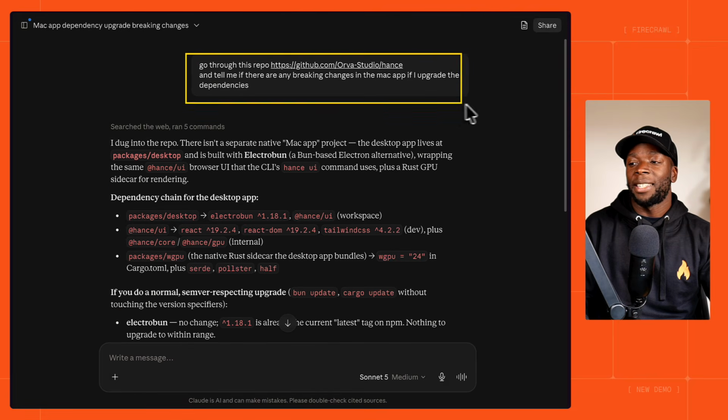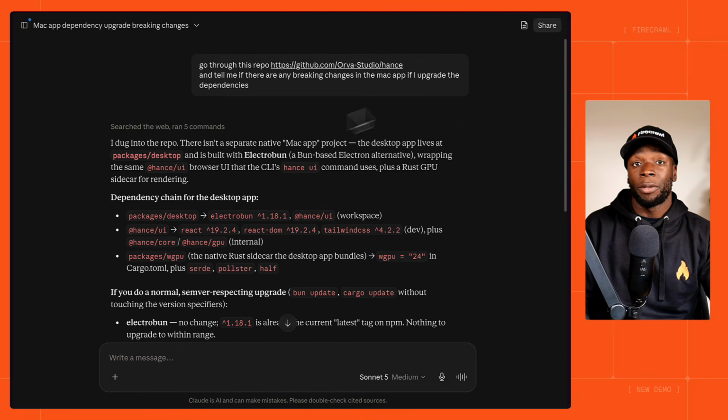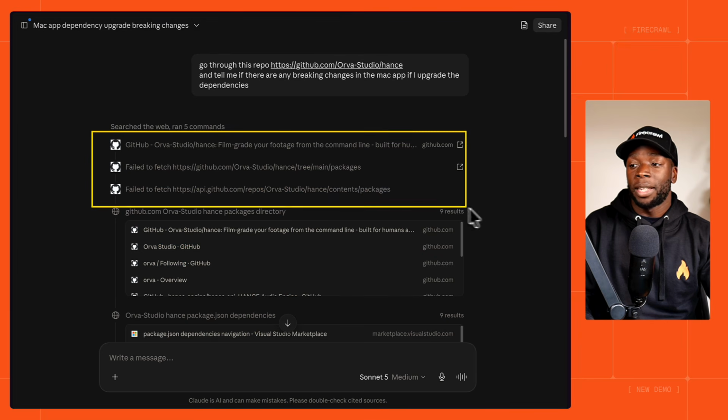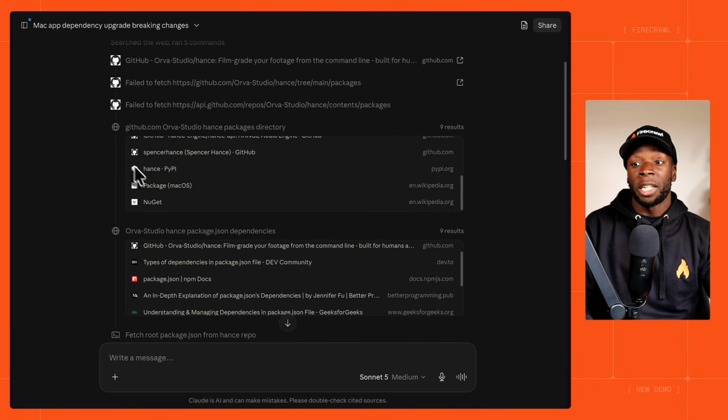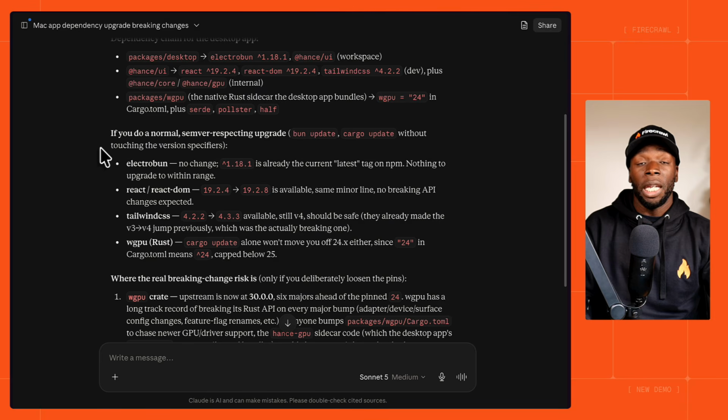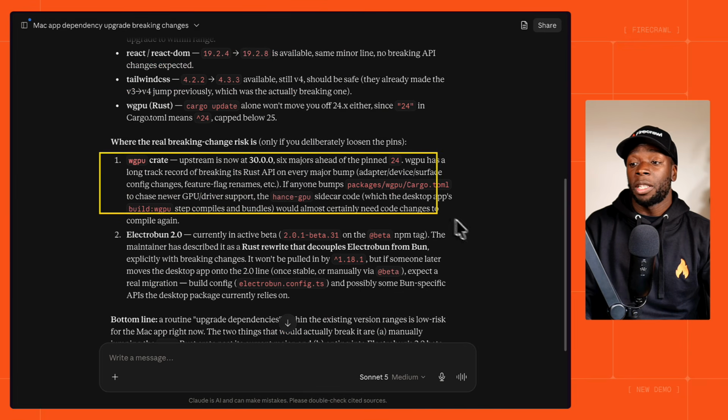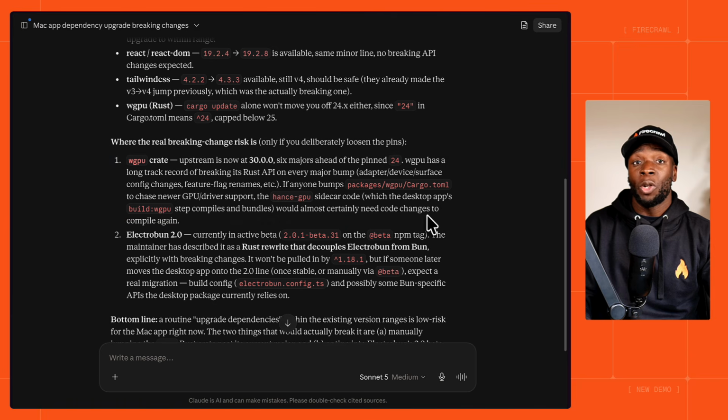I also ran the exact same prompt using Claude without Firecrawl. Again, we can see it failed to fetch certain GitHub links, but it was able to get others. And it also got information from a lot of non-GitHub pages that we can see over here. Even after all of that, it was able to surface some useful information about dependencies that will be fine if I upgrade. And it also pointed out this Rust crate, which will be a problem if I do upgrade,